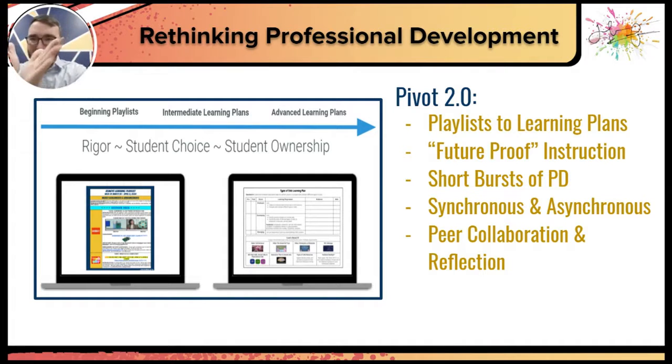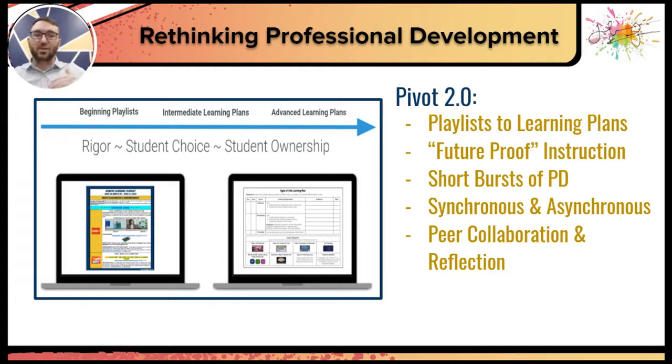We could have easily stayed on that path, been reactive, and kept that way, and stayed on that for the start of this year. Easily could have done that. But we were like, no, we're not going to stay with that because all that's doing is just trying to replace. It's not really enhancing. That's not empowering our students enough. So we wanted to empower our students to a degree that would take them even further. So that's why we wanted to future-proof our instruction by pivoting again and turning playlists into learning plans